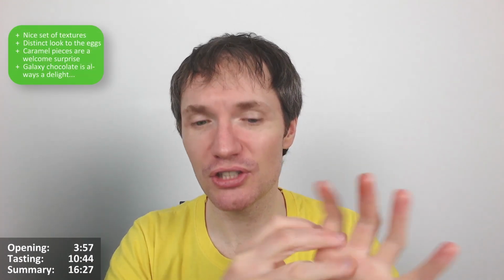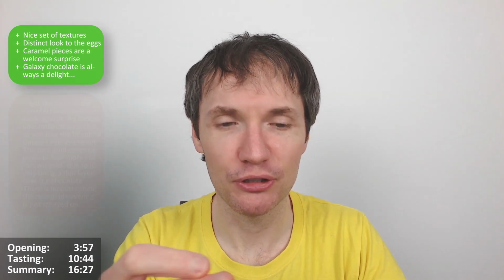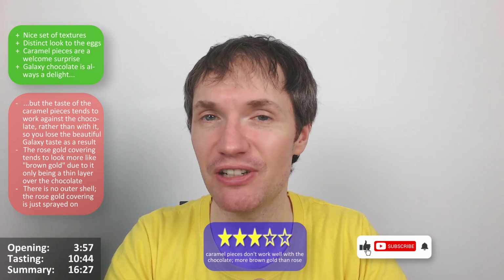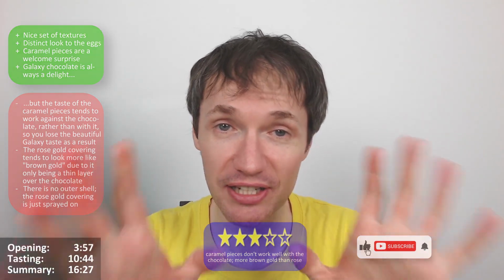The rose gold, as I say, looks okay at first glance. If you don't overanalyze them, which I've done, they're not too bad. But you probably look at them and think, actually, they're a bit brown, a bit brown gold. So maybe for me, these are a 3 out of 5. They're pretty average, really. The average tasting chocolate is nice, so you're not going to hate them, but they're just not really